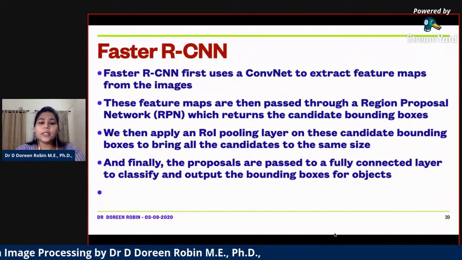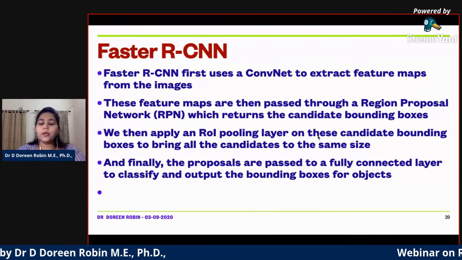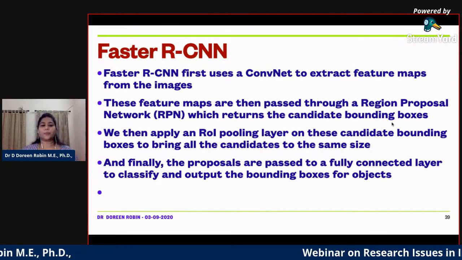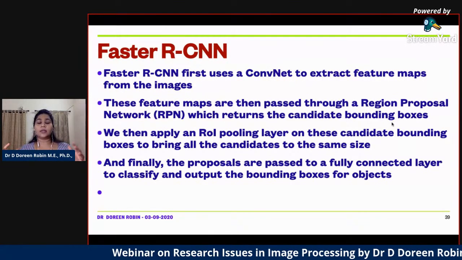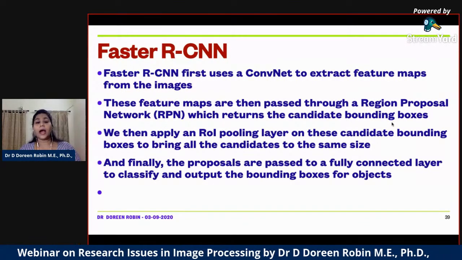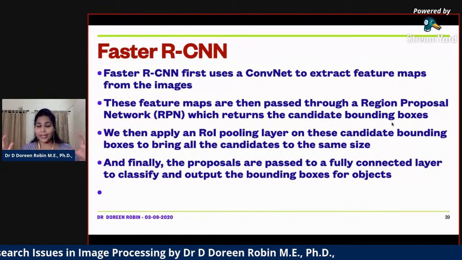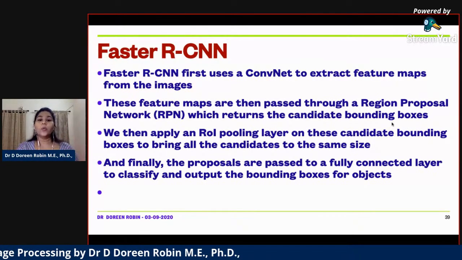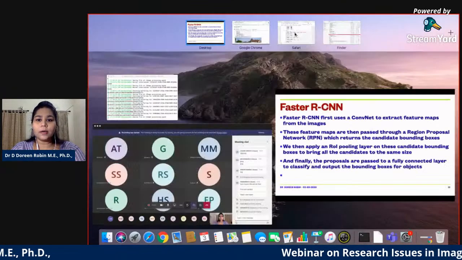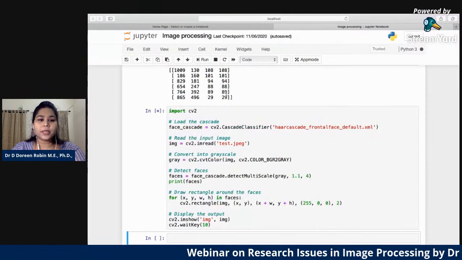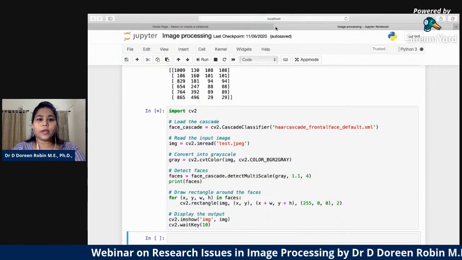Here these features are mapped. They go through the first process called the region proposal network. If I have an image with 2 cars or 3 cars running on the road, I need to find the region proposal network, which returns the candidate bounding boxes.